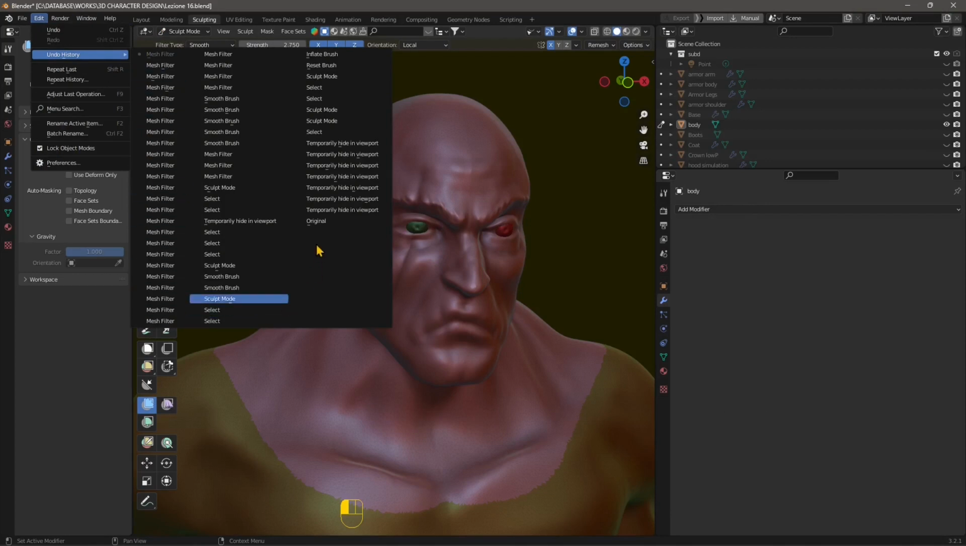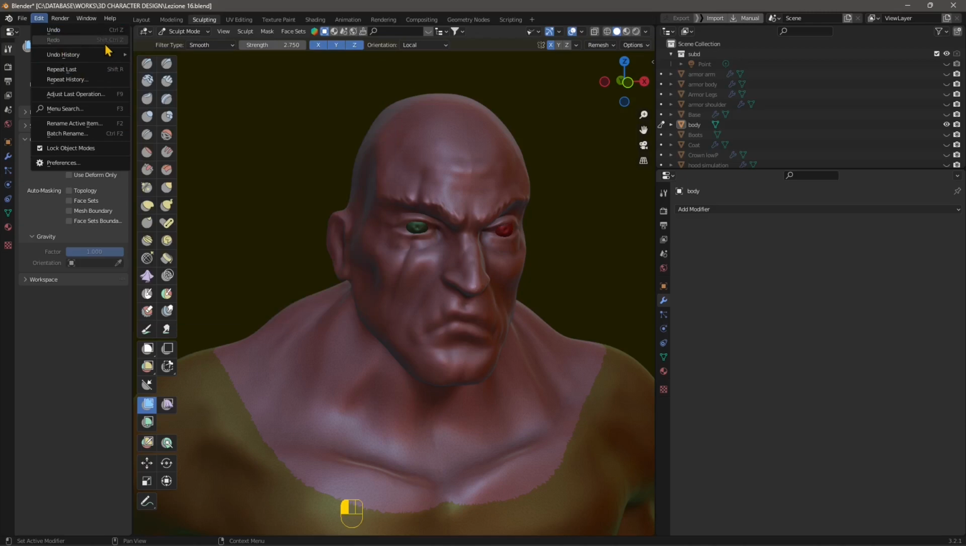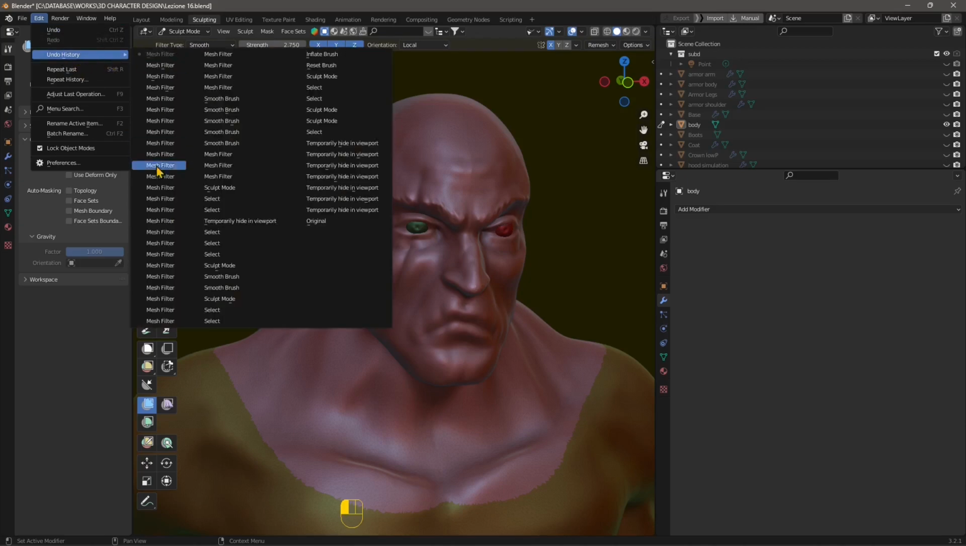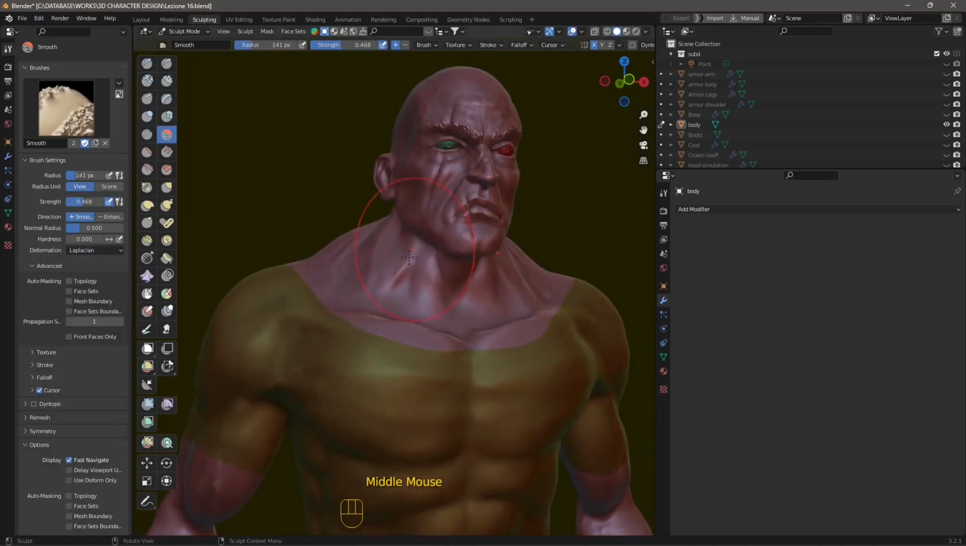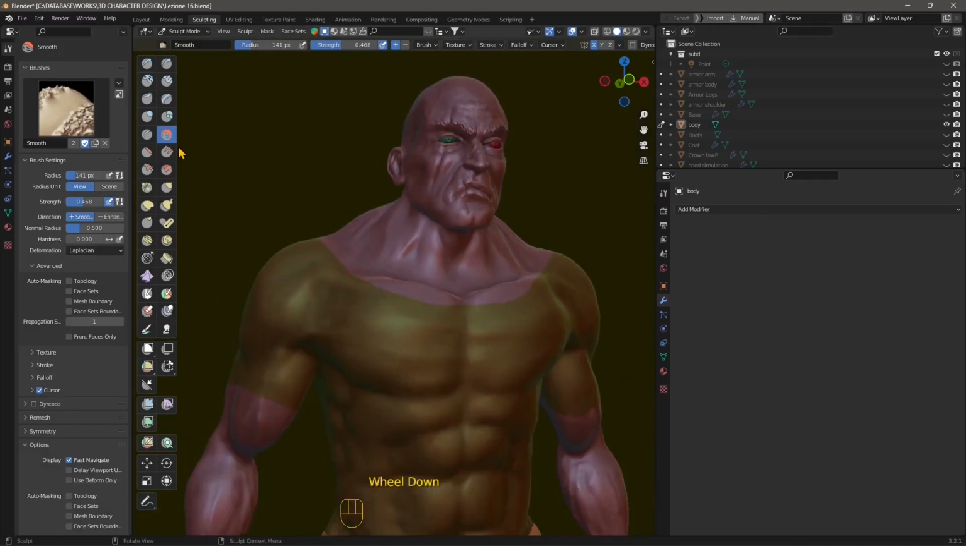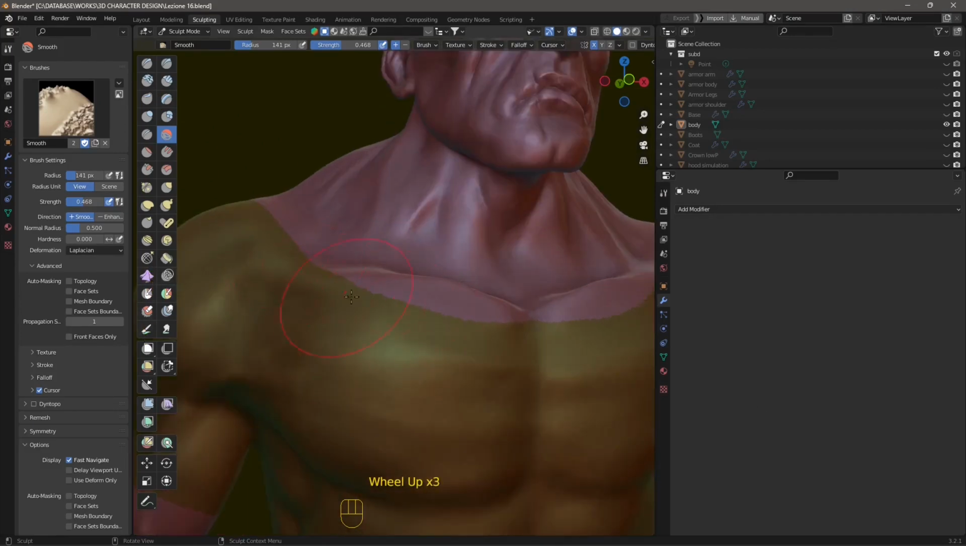I probably want something smoother and neater than a human character. Now you can also use the undo history if you want to go back. And I want to go back now. I will make another example for a cyborg or something like that, something that looks more mechanic, less soft, less